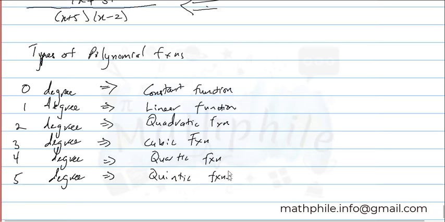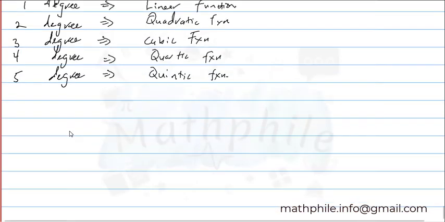Okay, so these are the types of polynomial functions we should know. Now, when it comes to partial fractions, it's basically breaking down a bigger fraction into bits. We're going to break it down into smaller parts. There is a golden rule for a partial fraction. First, partial fractions should work with